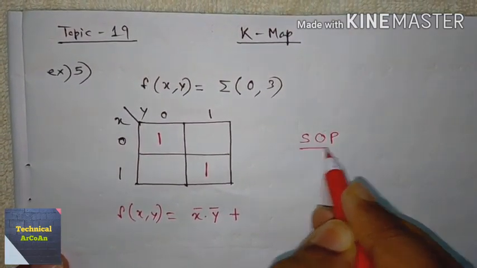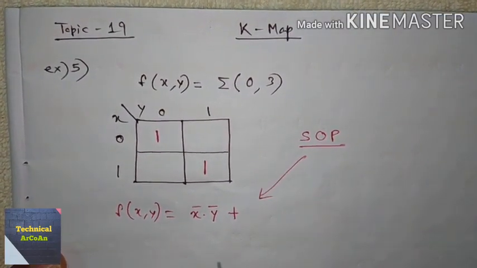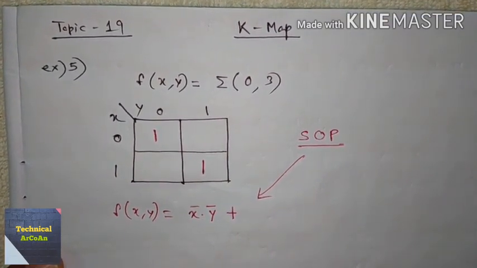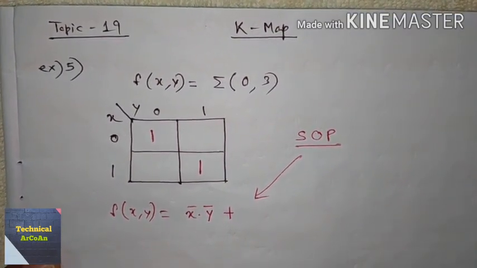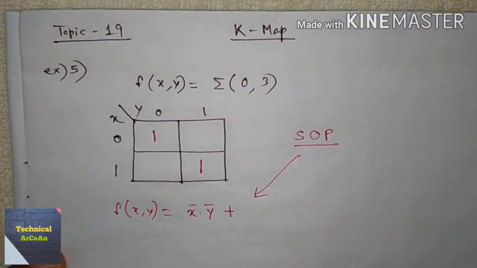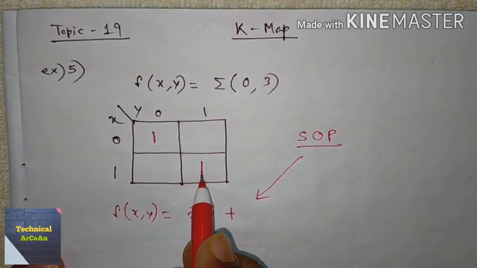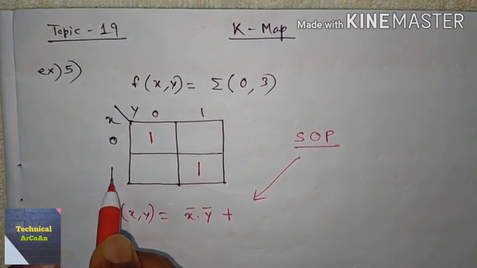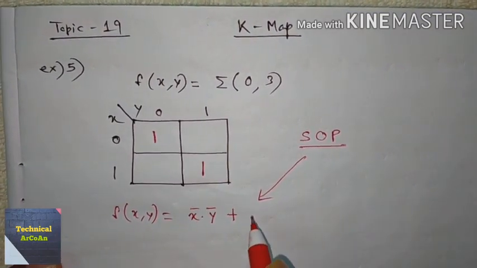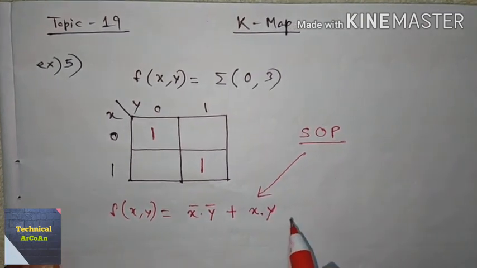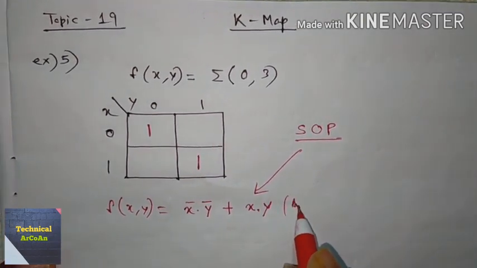Sum of product we are forming here, okay? Actually in Karnaugh map, in result, when using min term, we form sum of the product, okay? So this is the first case. And for the second one, what happened? The value of x is 1 and the value of y is 1 also. So 1 means normal, so x dot y. So this is your result actually.